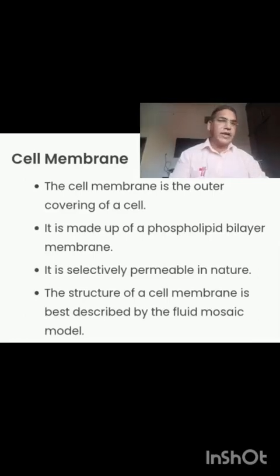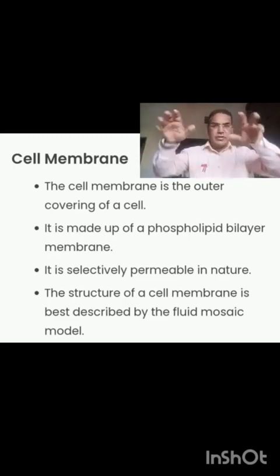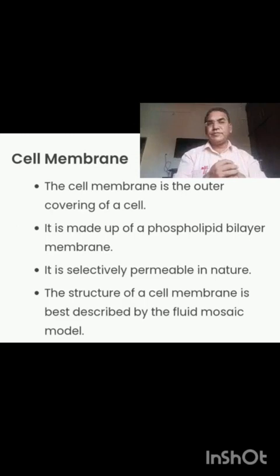Now, students, it is time to discuss cell coverings. In class 8th, I think you have learnt there are two coverings: cell wall and cell membrane. Cell membrane is present around all kinds of cells, whether plant cells, animal cells, bacterial cells, prokaryotic cells, or eukaryotic cells, right? This covering separates the internal environment, the internal matter, from the surrounding.